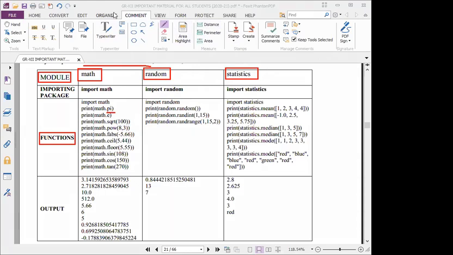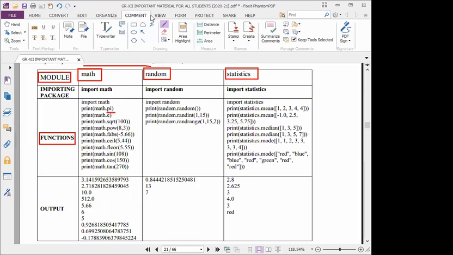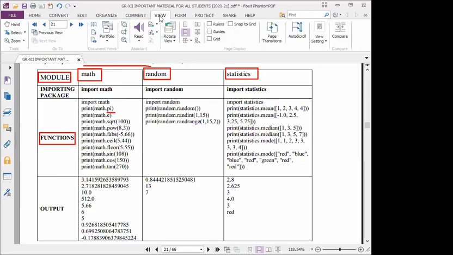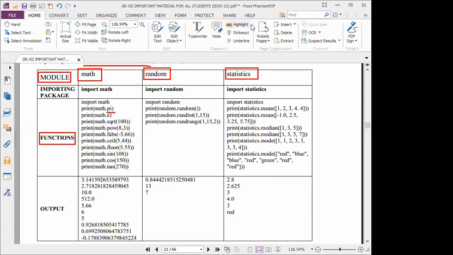Understood everyone? Yes, sir. I will tell you what the functions are and what the output will be if you use a particular function. The first two things are constants. The pi value is a constant, 3.14.